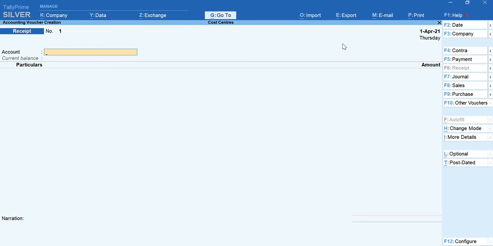When it comes to a business organization, if the business is small in nature, they can choose the single entry method. If a business is huge in size, if they have a larger number of transactions, they have to choose double entry and enter their transactions. And before that, I want to raise a question for you people. Can any one of you answer me the golden rules of accounting?